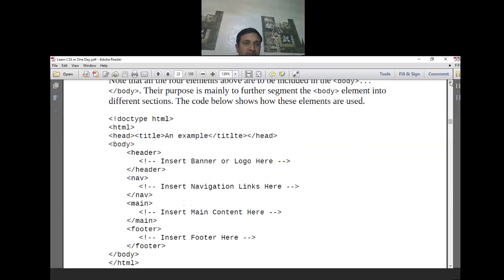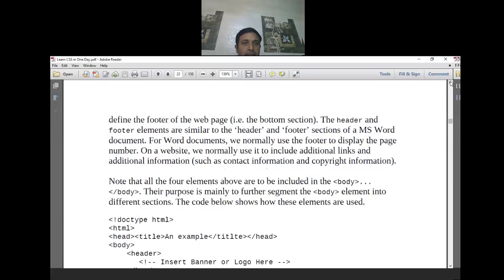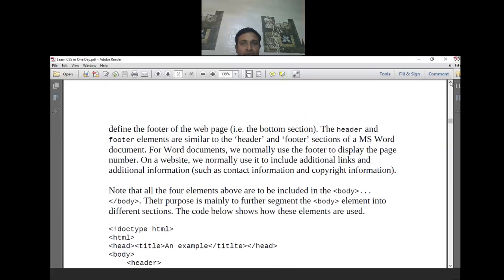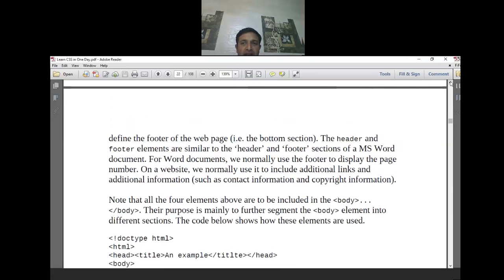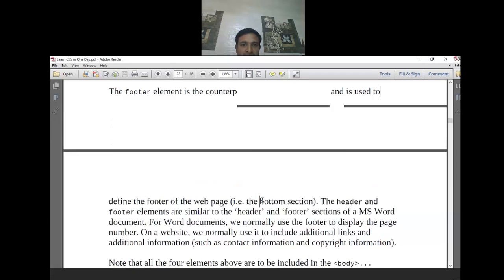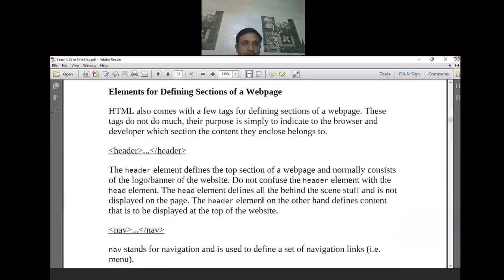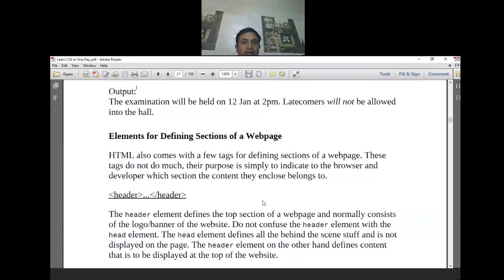Doctype you can specify so that the browser will understand it is HTML5 code. Meta tag we already covered, so that additional information we can tell about the data, right? So that is the one thing. These are majorly for sections. We have already discussed the section tag and the article as well.